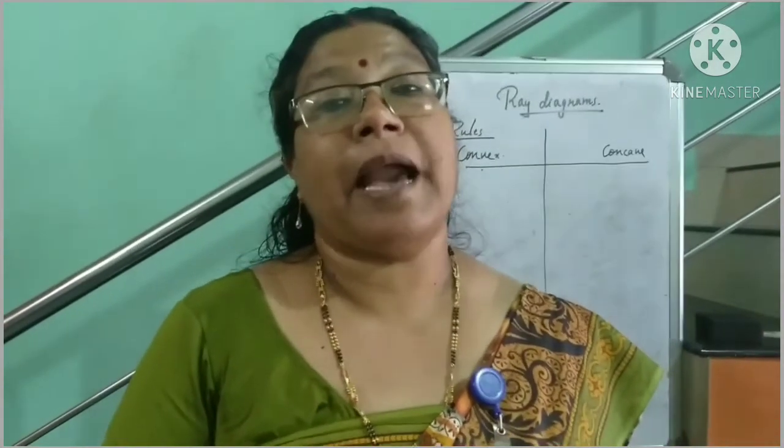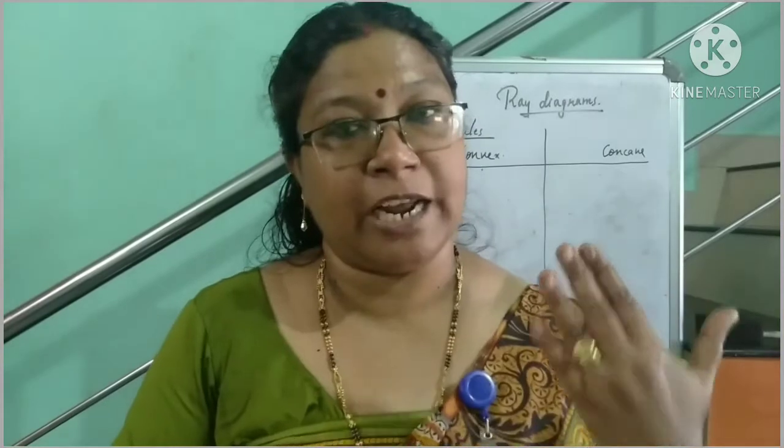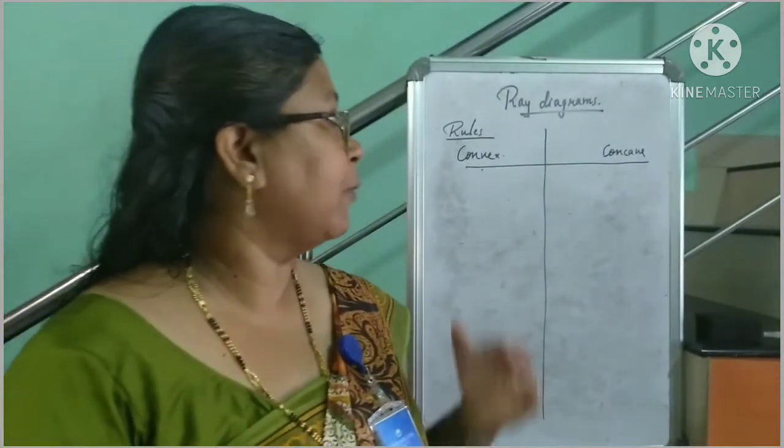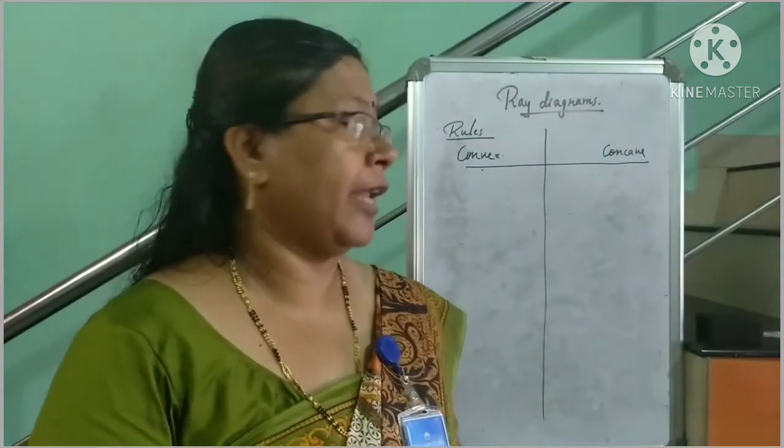Here, when you studied about principal focus, the parallel rays of light actually converge in the case of a convex lens. So, convex lens forms a real image. That is why we are studying the ray diagram of convex lens. So, before moving on to the ray diagram, we have to study certain rules of drawing ray diagrams. So, the first rule, we will study both the lens simultaneously.